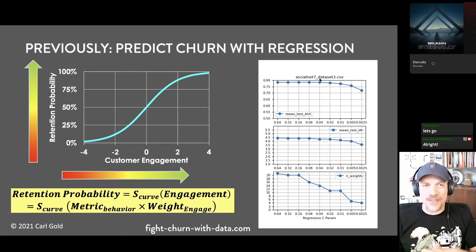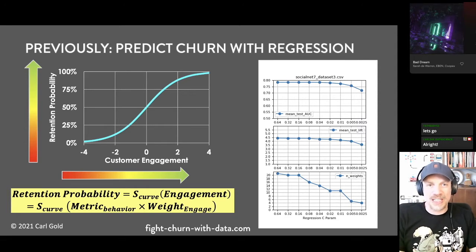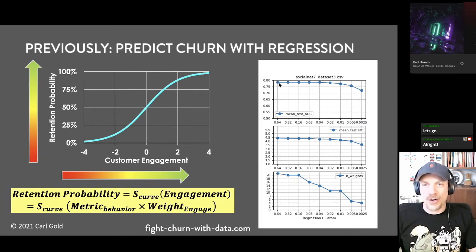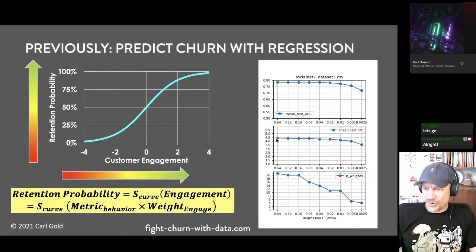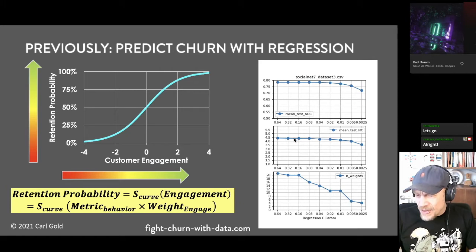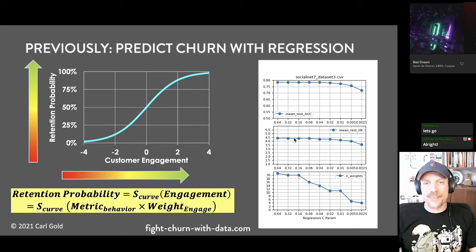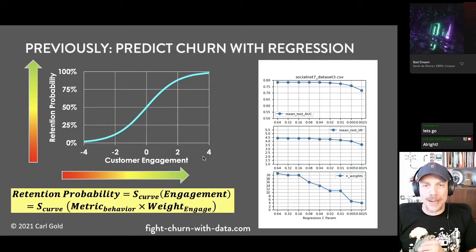So we went over all that. We're going to go over these accuracy measurements again in just a few minutes in case you are not up on them. The top accuracy metric here is the AUC, or area under the ROC curve. If you can't see it, it's just hovering under 0.8 there. And the middle accuracy metric here was 4.5, and that's the lift, the top decile lift. I'm going to explain these again in just a minute, but first we're going to talk about predicting churn with machine learning.